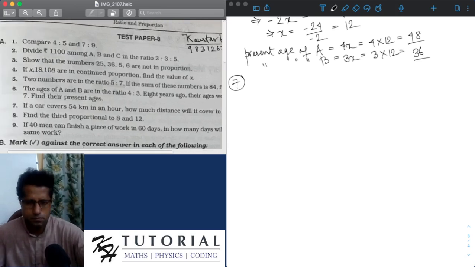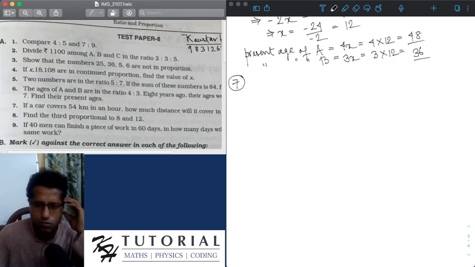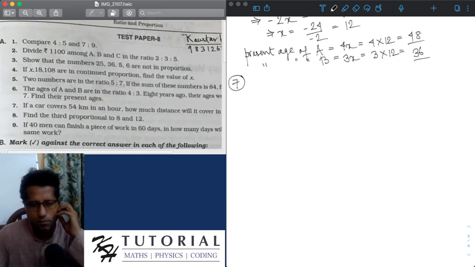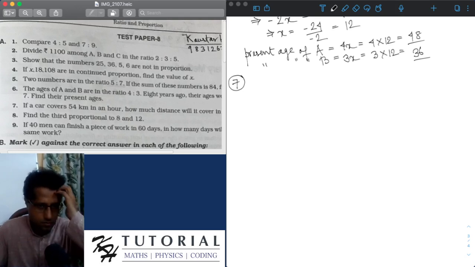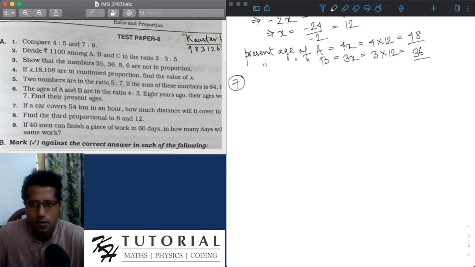Since the car will always move with the same speed, the speed of the car will be the same. So if the car covers 54 kilometers in 1 hour,